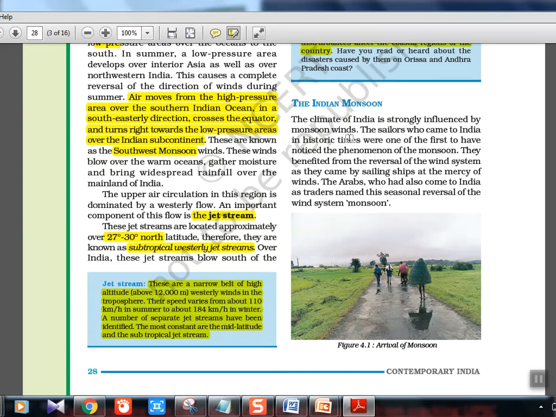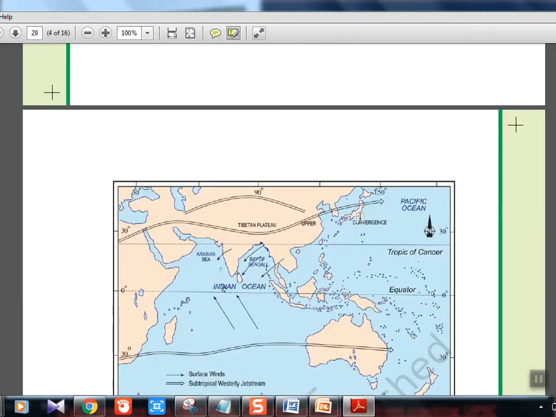The sailors who came to India, this is just about the history, like the Arabs came to India. At that time there was no motor boat or engine kind of thing. It was all depending on the sails attached to the boat. So wind is a huge factor which decides how they will travel. So the Arabs depended on these winds. The wind will take them in one direction, because of the seasonal reversal of wind. In one season they will come to India, in another season they will leave from India. That is how they used to travel, and that's how the monsoon was discovered. That is why it is named with the Arabic word Mausam, which I told you.